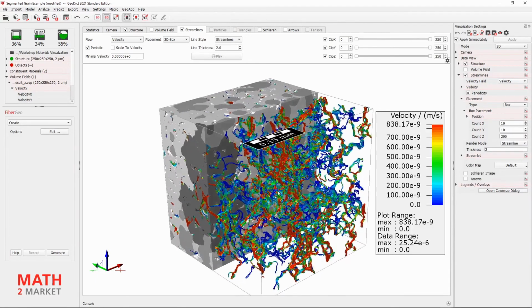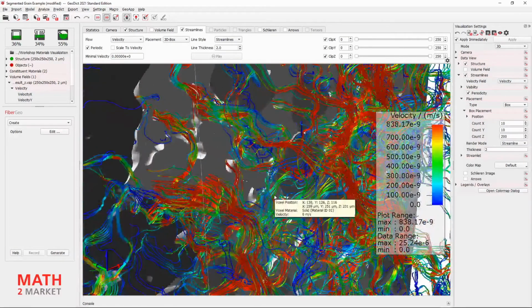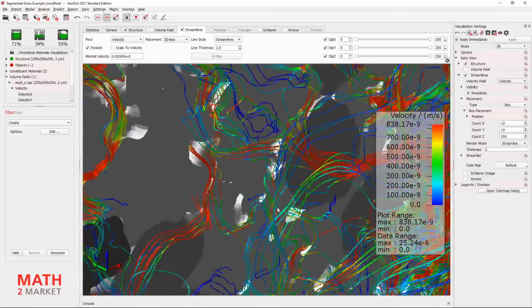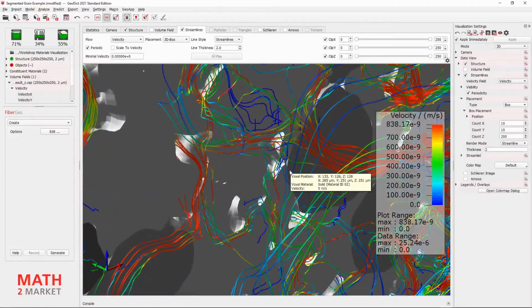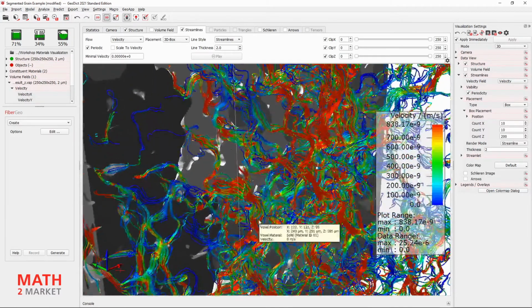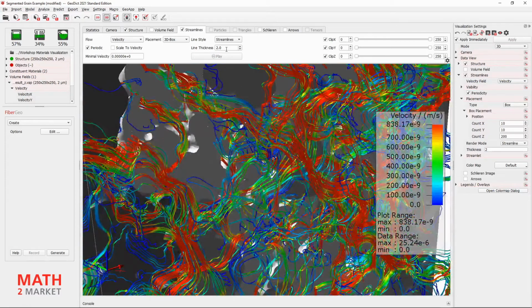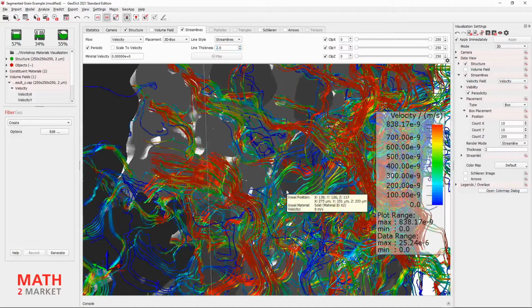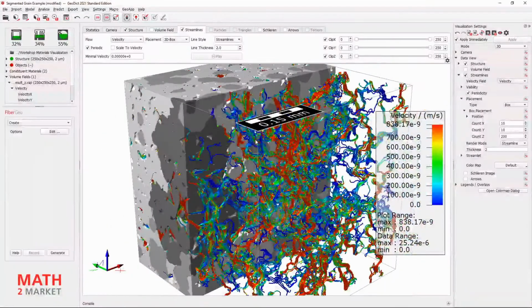When we zoom in, we notice that the apparent thickness of the streamlines decreases, even to the point that we can identify individual streamlines here. This is due to the fact that streamlines are rendered on a pixel base. The line thickness is a value in absolute pixels. That means no matter how high the resolution of the visualization area or the image is, a streamline will always occupy the line thickness in pixels. So at very high resolutions, the streamlines will be optically thinner, at very low resolutions, optically thicker.